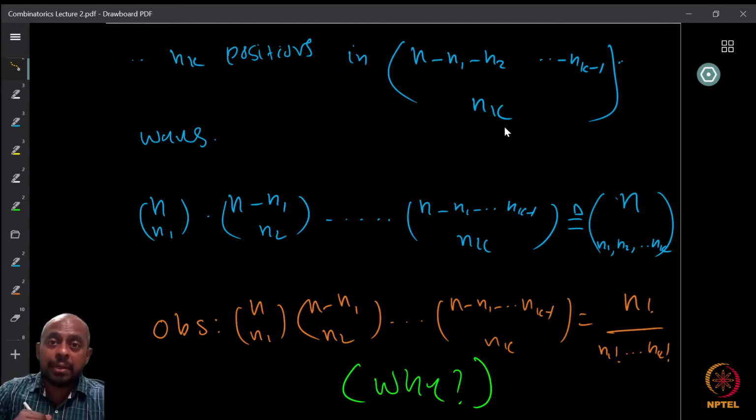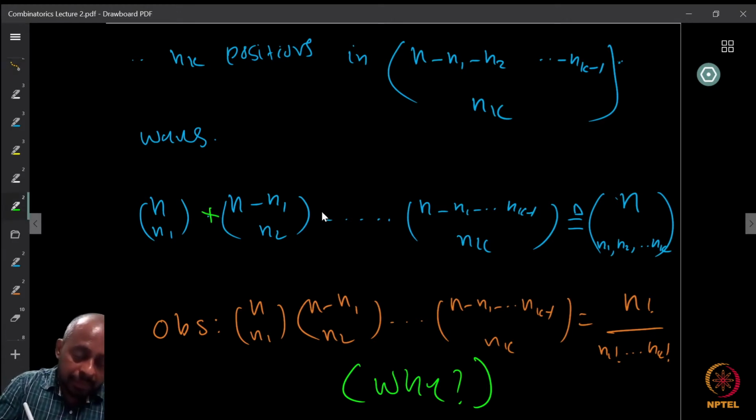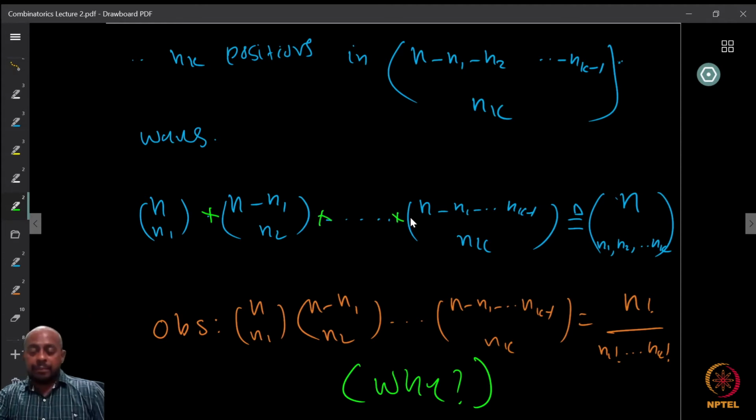Now these choices are independent because the positions we are selecting are all distinct. I selected the first n1 positions, and the number of choices was independent. Now I remove these, and then from the remaining n minus n1 I am choosing n2 positions. So the number of choices depends only on how many positions are remaining, which is n minus n1. So that n2 positions choice is always the same, and they are independent. Therefore, I can multiply: first fix this one, then multiply by this, then by this, etc.